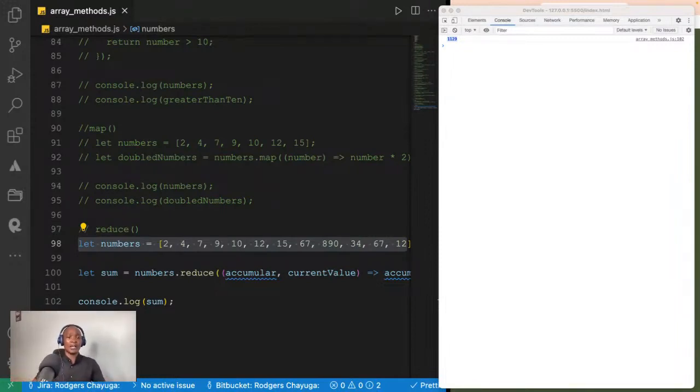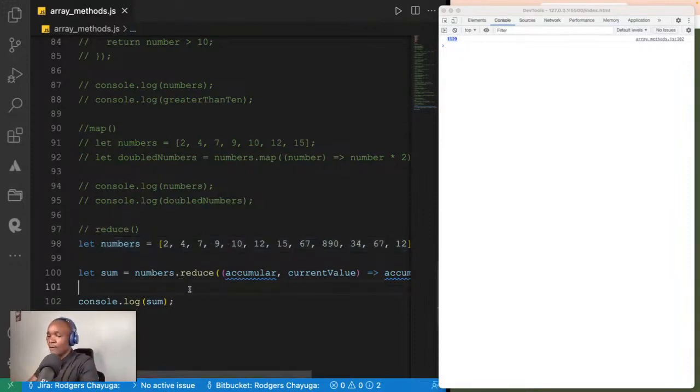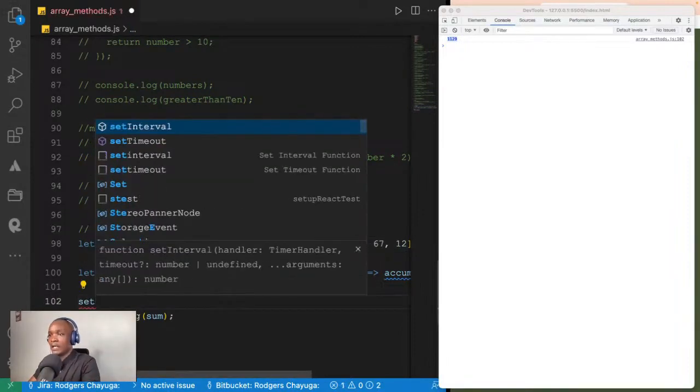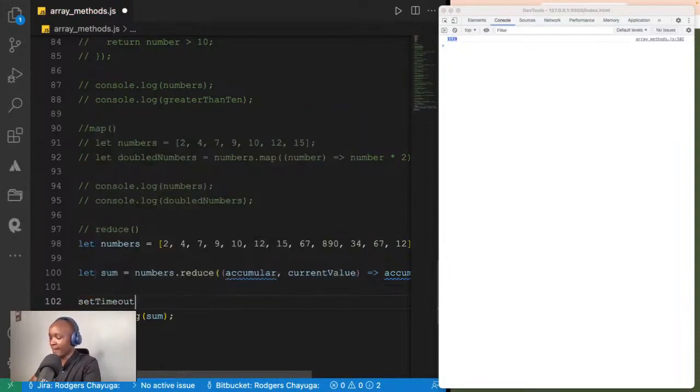Another example is timers and delays. In some cases, a web application may need to delay an operation for a certain amount of time before proceeding. This can be accomplished using asynchronous techniques like setTimeout or setInterval. You just wrap your function inside the setTimeout. I'll just give you an example. I'm going to have setTimeout here, and I'm going to